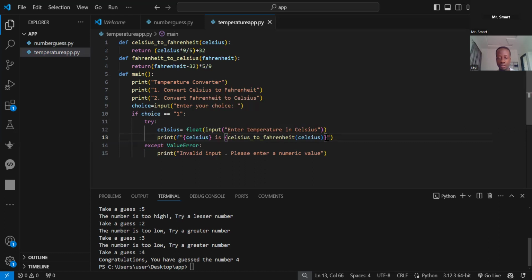Let me add in Fahrenheit. Okay. Accepts value error, invalid input. Please enter a numeric value. Okay. So we do the same thing too for